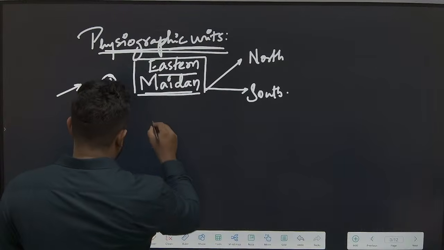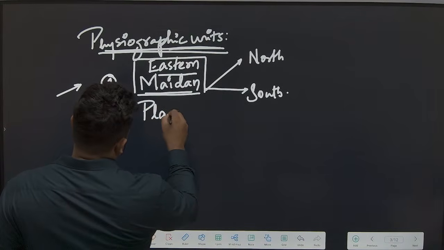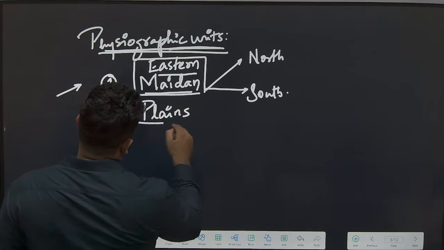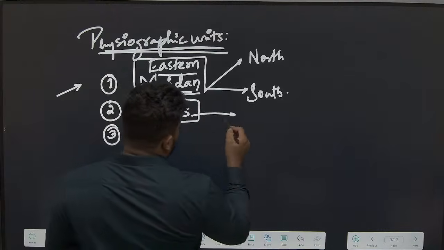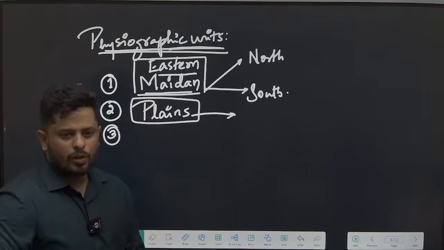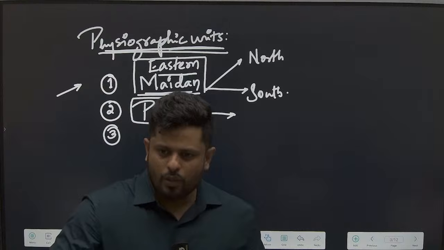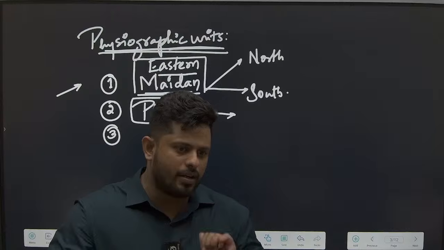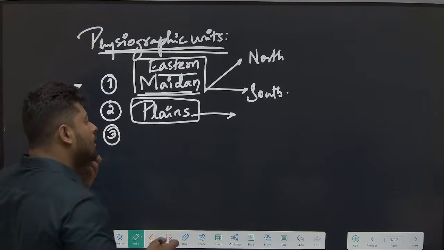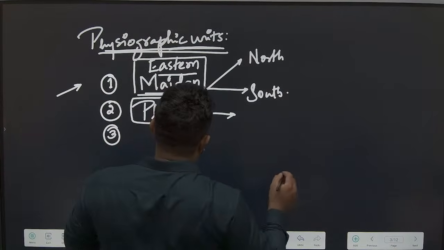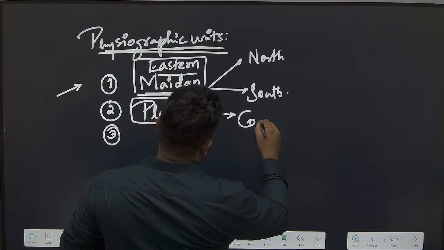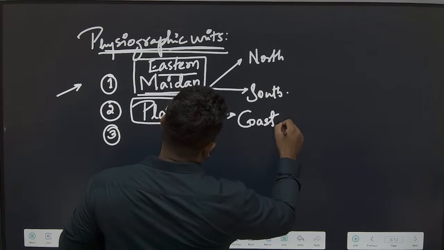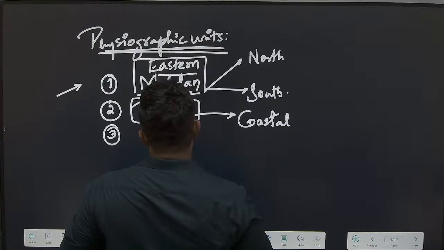So which is the next category that we are going to? The plains. What kind of plains can you find in Karnataka? Do you have alluvial plains? You might have alluvial deposits, but alluvial plains, not yet. Rivers have not consolidated the plains of the plateaus of Karnataka into a plain region. So largely this plain is on the western side of the Western Ghats, which we would categorize as the coastal plains of Karnataka.